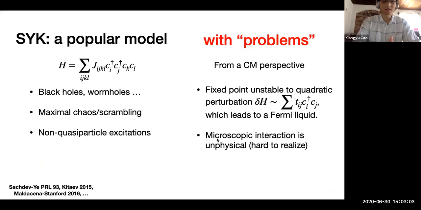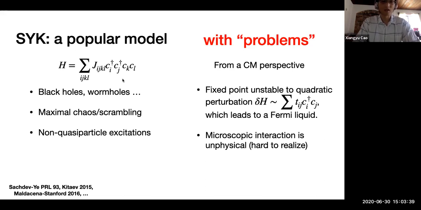I guess the audience here is relatively familiar with Sachdev-Ye-Kitaev, but let's do recover this. I don't know if SYK qualifies as ultra quantum matter, but it certainly qualifies as a pretty popular model. So it's the Hamiltonian, as we all know, that describes the quartic interaction between some fermions, usually in quantum dots. That's been interesting to diverse communities.